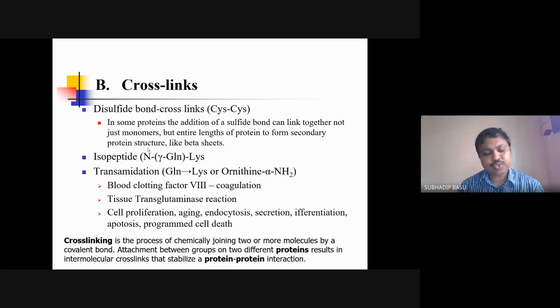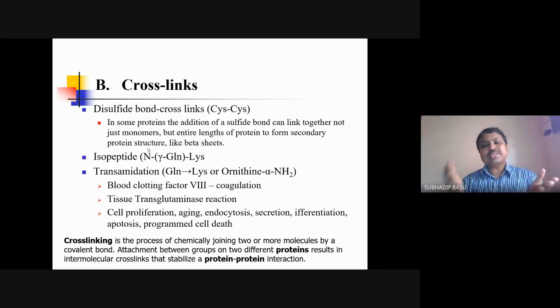There are also cross-links. So another type is cross-linking. What is cross-linking? Cross-linking is the process of chemically joining two or more molecules by a covalent bond. Attachment of different groups of two different proteins results in intermolecular crosslinks and stabilizes a protein-protein interaction. So, as you can see, we form protein complexes. So these PTMs, post-translational modifications, help in generating crosslinks